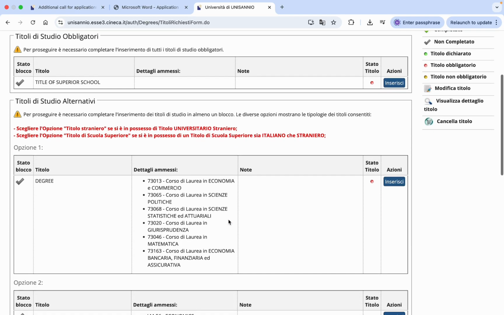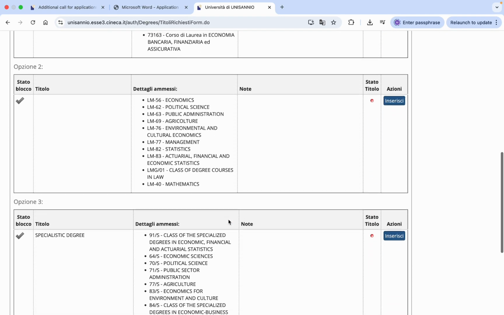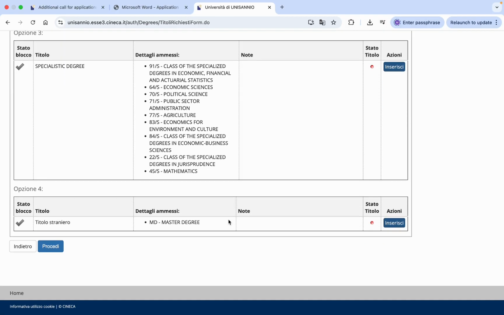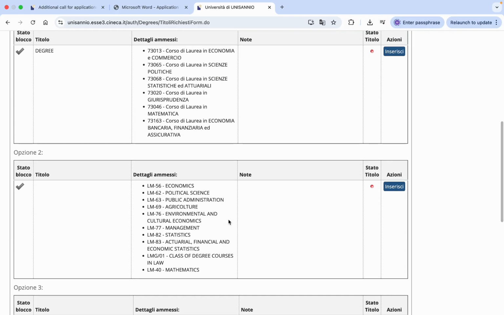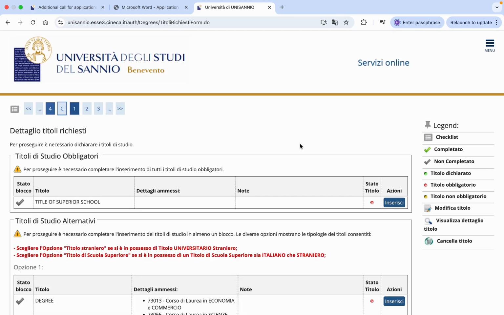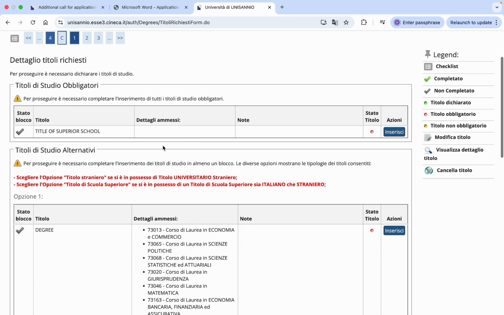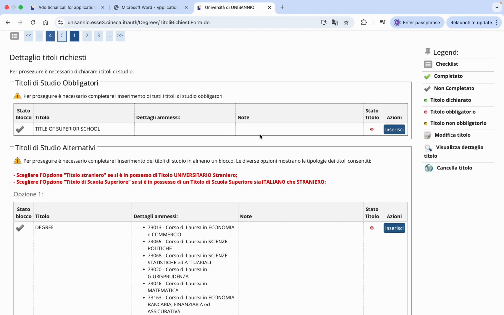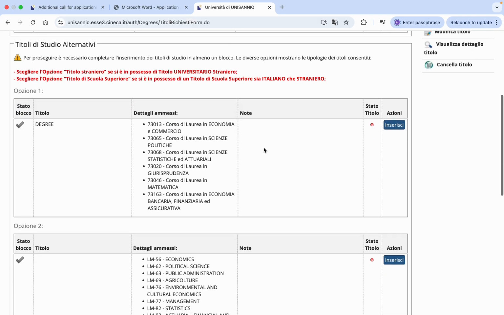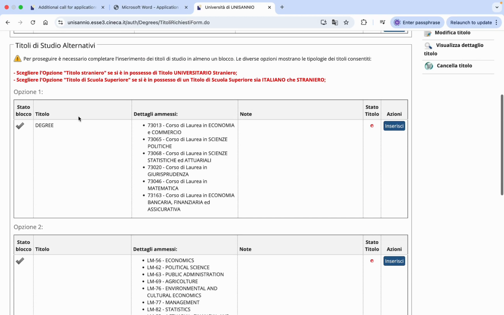So this step is completed. Now the next step is about to upload the relevant documents as per program. Okay, the first qualification is about your higher school diploma. So it is mandatory for all the candidates. They have to enter their secondary school information. Then the next 3 boxes, option 1, option 2